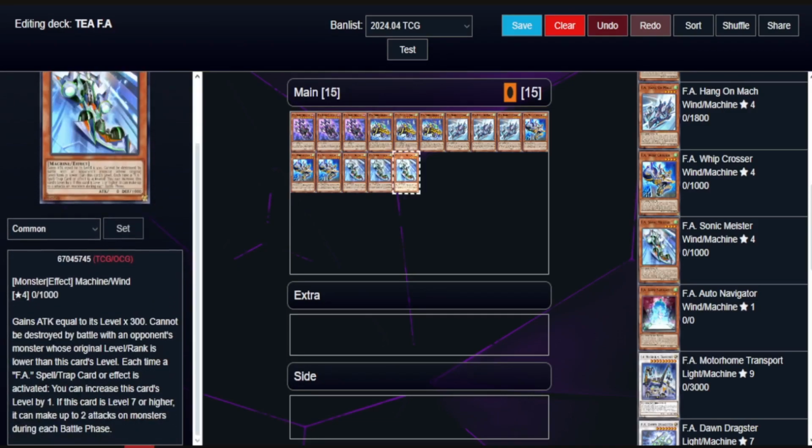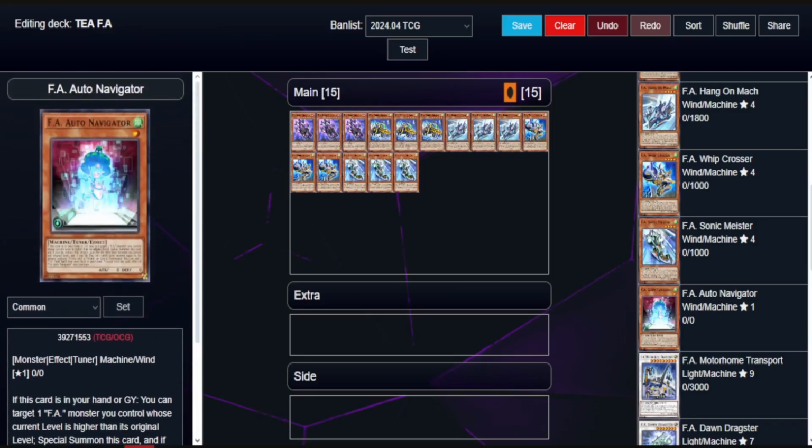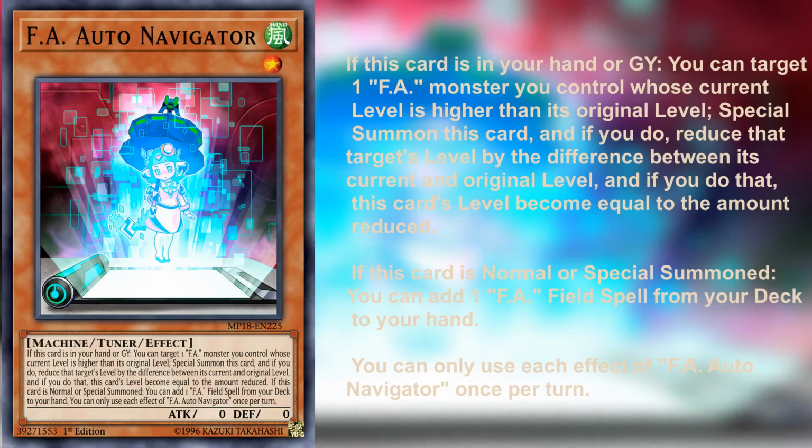So, we're adding it, but I'm just gonna say it's not that strong. Next up, we have FA Auto Navigator, which is a level 1 tuner machine wind monster with 0 attack and defense. Has the effect that, if this card is in your hand or graveyard, you can target one FA monster